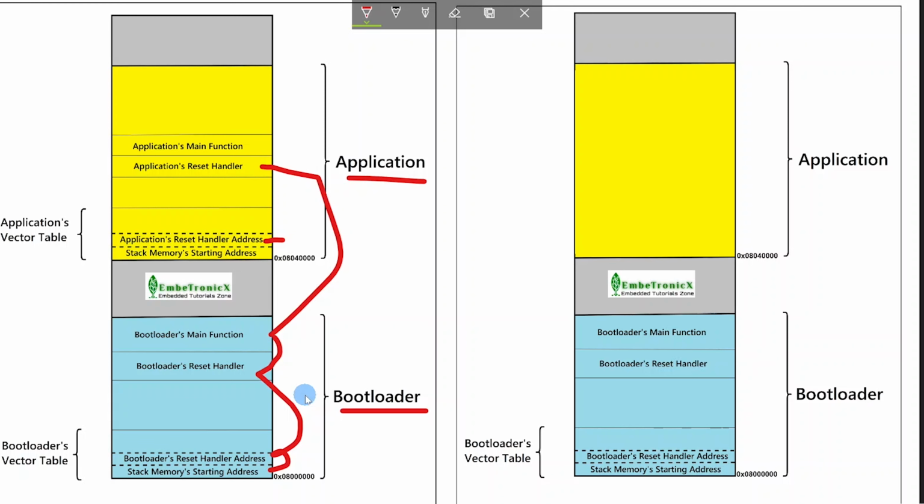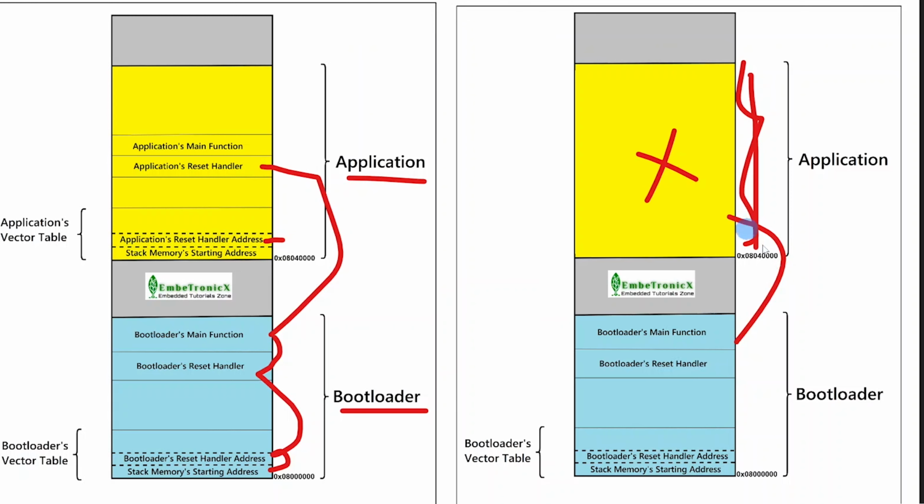But in this tutorial, we are going to implement the bootloader and one PC tool that updates the application in the flash memory. The bootloader writes the application received from the PC tool in this flash area. Then, the bootloader jumps to the new application.